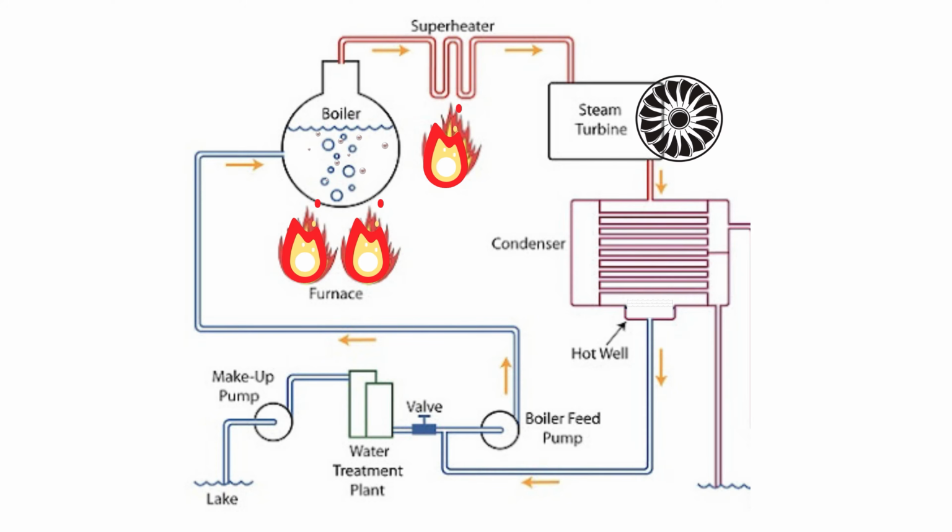There are two objects of using condenser in a steam plant. First is to reduce the turbine exhaust pressure and increase the specific output of the turbine. Second, to recover high-quality feed water in the form of condensate and feed it back to the steam generator without any further treatment. As a result, only the makeup water is reduced and overall plant efficiency increases.